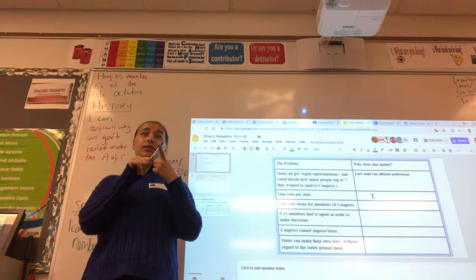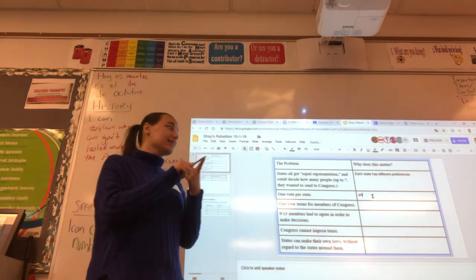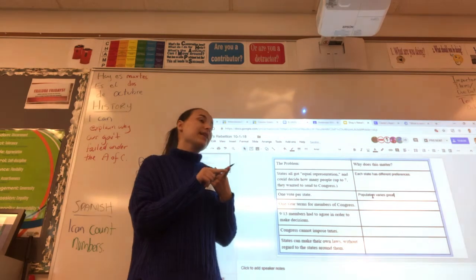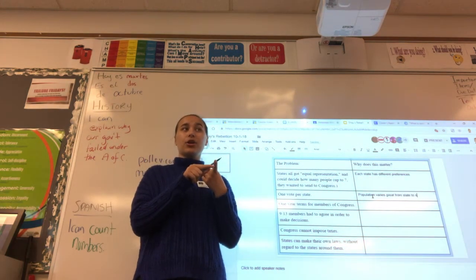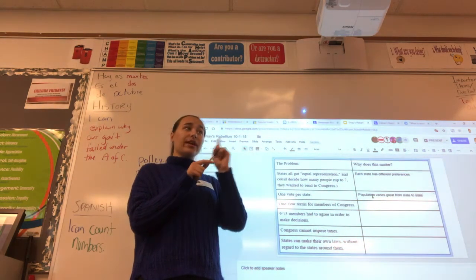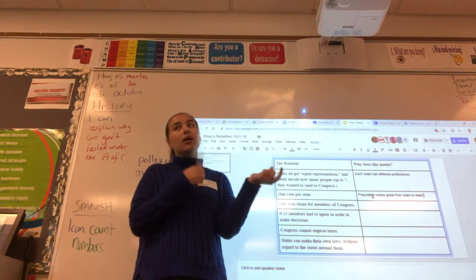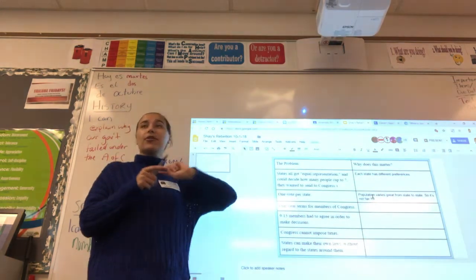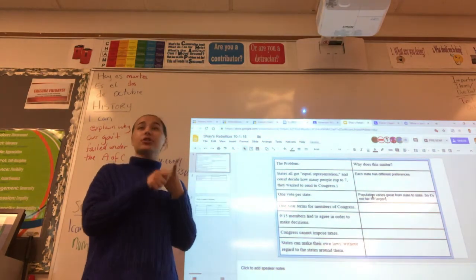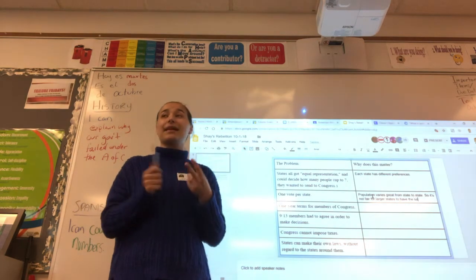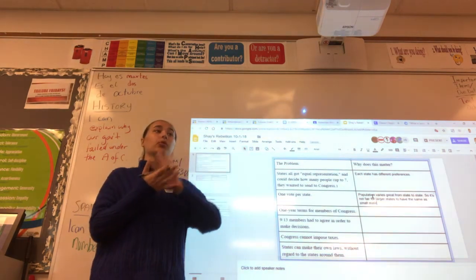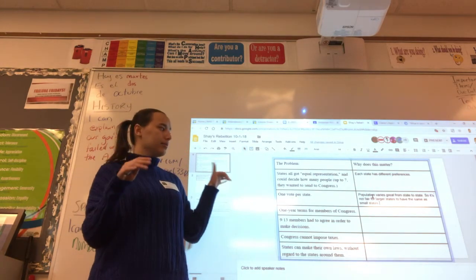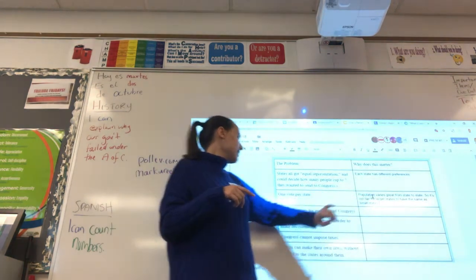Maybe population varies greatly from state to state. So let's say Virginia has 5,000 people and Massachusetts has 1,000. Should 5,000 people only get 1 vote if there's more of them? Probably not. So population varies. It's not fair for the bigger states to have just 1 vote and the smaller states to have the same amount of power if there are more people in Virginia than there are in Massachusetts. I think that was our main point. And it's not fair. You guys said it's not fair a lot too.